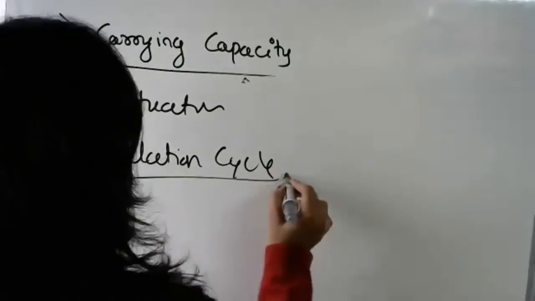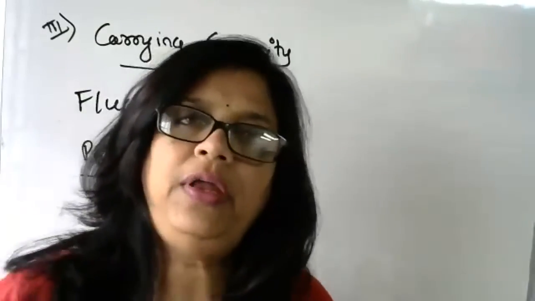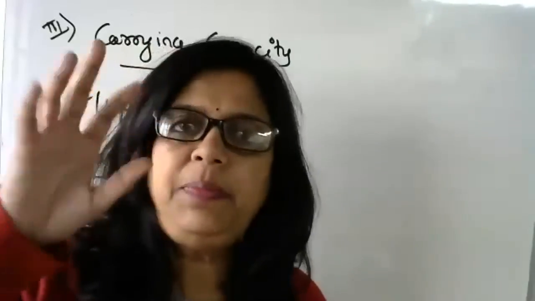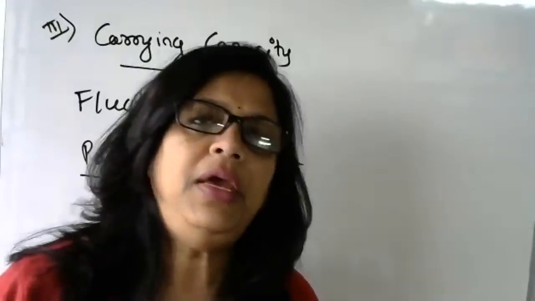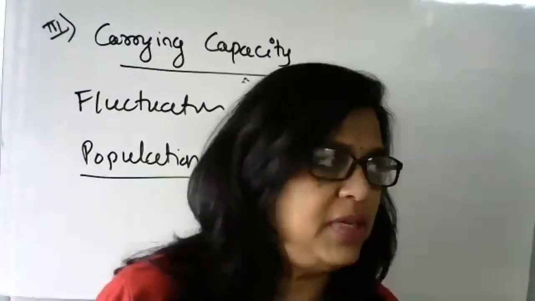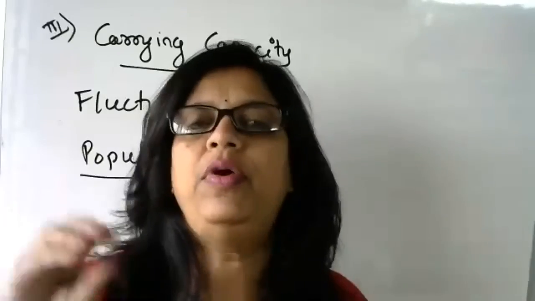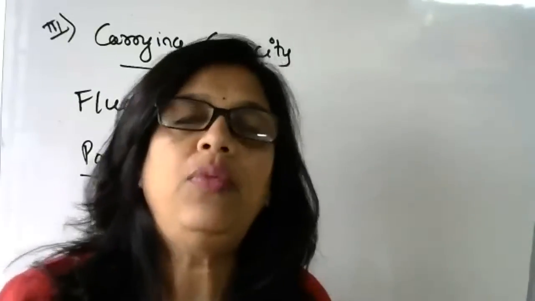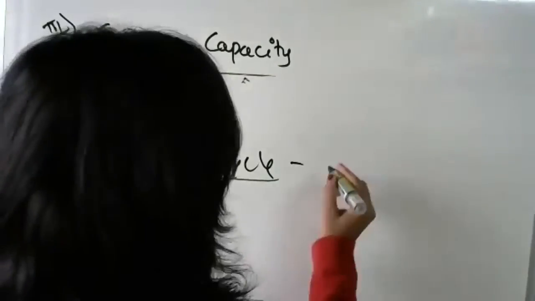Okay, so some of the populations will have one particular cycle where at a particular time they will be more, right? Then suddenly they all disappear. Next season they will not come. So many will die, right? Sometimes they'll be too huge and they'll not follow. Next time, at the same time, they will not appear. Some of them won't be there at all. There'll be very few, 10 members, while others have thousands and thousands of animals. Like one of the examples I gave, that is lemming, and also a mouse-like animal.